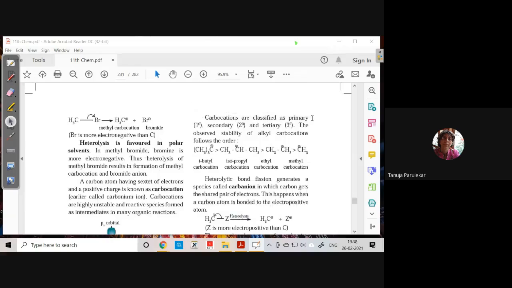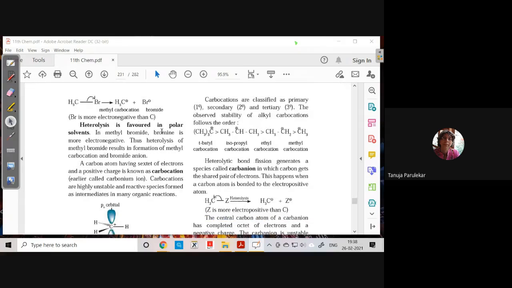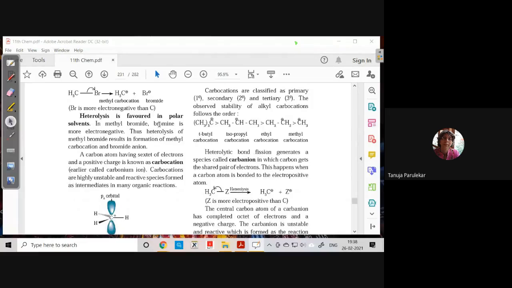Okay, now coming to, for example, look at this. This is an example which is given. I used chlorine over there; they have used bromine. It is methyl carbocation and bromide ion. Bromine is more electronegative than carbon, and therefore it can hold that electron pair properly. Now heterolysis is favored in polar solvents, as I told you. That earlier reaction was happening mostly in presence of light or gaseous phases, but this happens in polar solvents. In methyl bromide, bromine is more electronegative. Thus, heterolysis of methyl bromide results in the formation of a methyl carbocation and